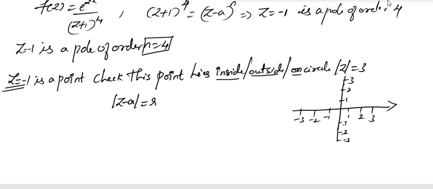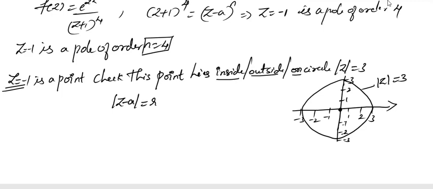So whenever the value of z is less than the value of the given curve, obviously it has to lie inside or on it. So we have a circle of radius 3. I am just taking a rough circle, not exactly a perfect circle. So this is mod z is equal to 3 with center O. That is, the center is 0 because z minus a is not there, right?